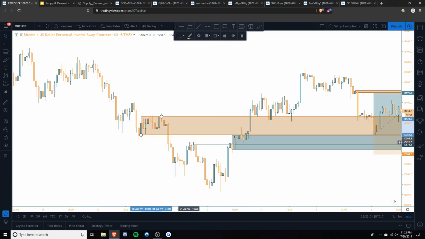Whenever it came up here, it did break this market structure. It took out these highs, took out this high. So lower time frame market structure did shift here. Tapped into this